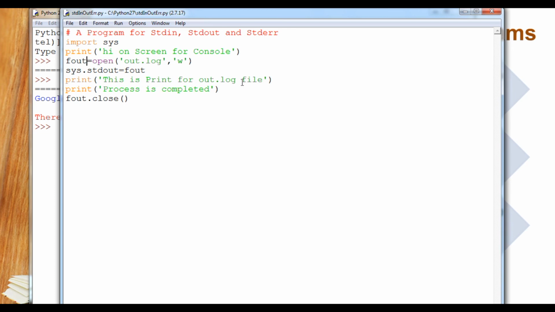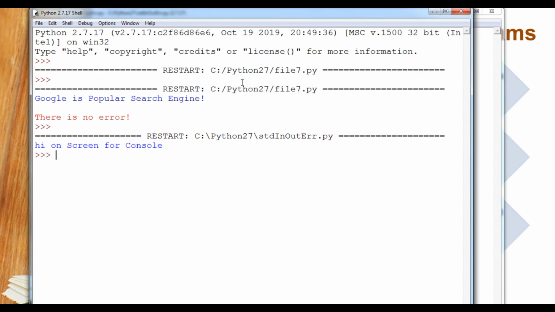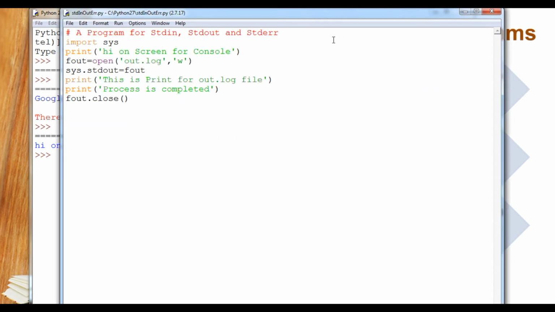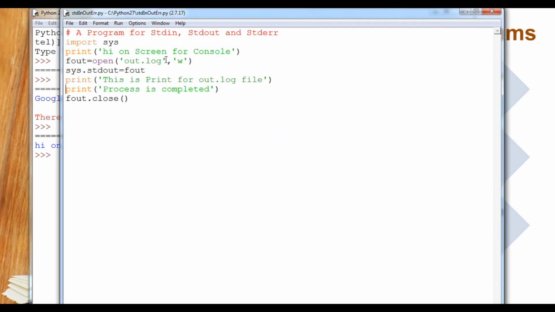Let's see what happened. After pressing the F5 button, only one message has come to the screen, only the first print part, hi on screen for console. Can you see that? Good. Now what happened in these two lines? In these two lines, we opened a file out.log for writing, and whatever the system output accepts, it will not print to the console, it will directly transfer the data to the file, and after that we closed the file.